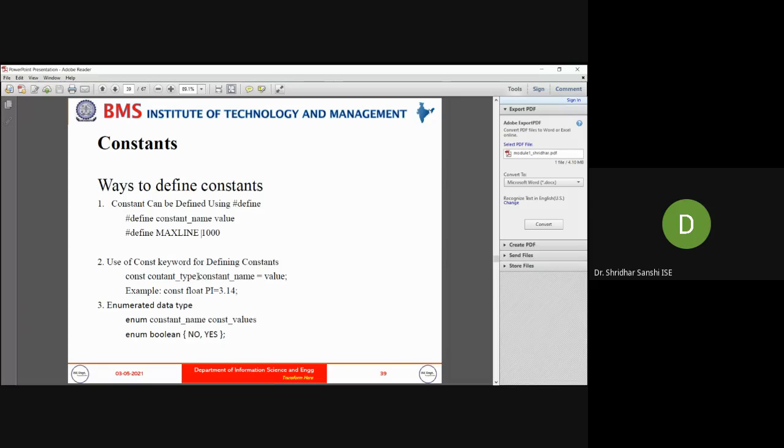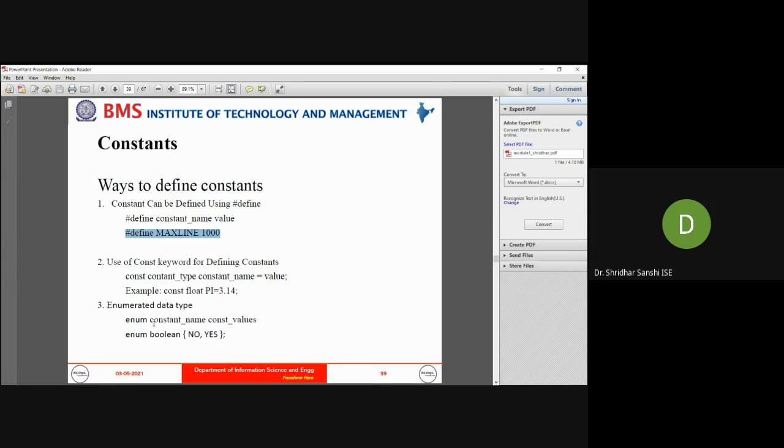Once this line is executed, throughout the program, wherever the string MAXLINE appears, it is replaced with the value 1000. That's why we call it a constant. This value will not be changed for the entire program. So this is one way of defining, using hash define.